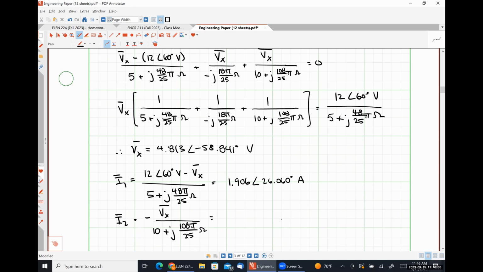Angle positive 67.543 degrees amps. Okay. And so now